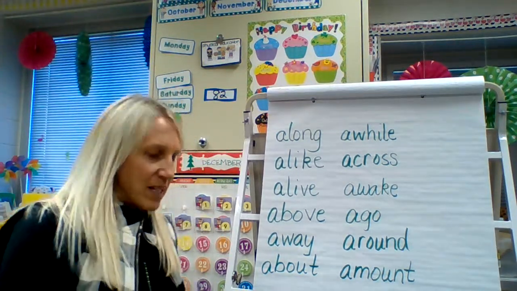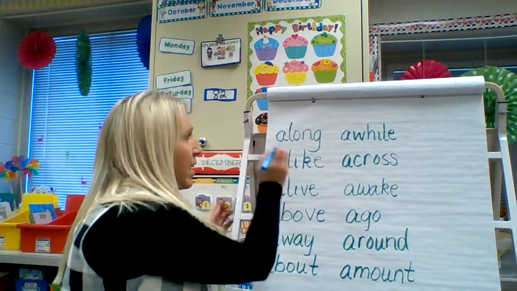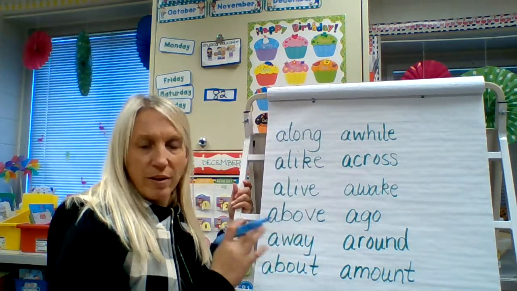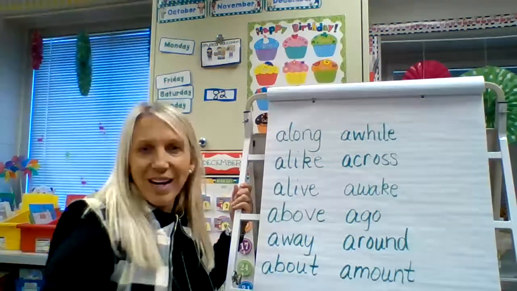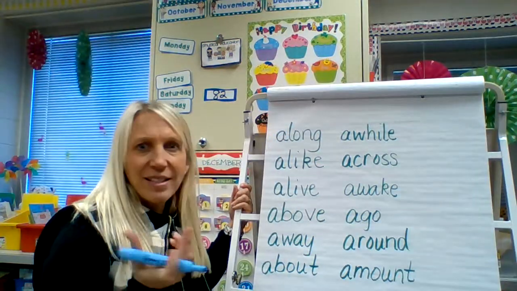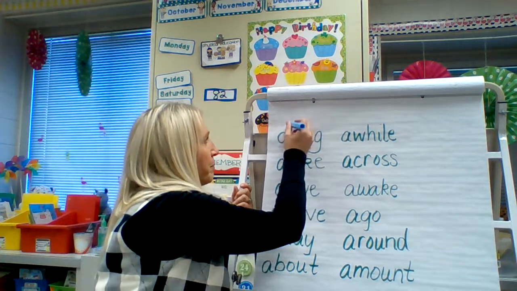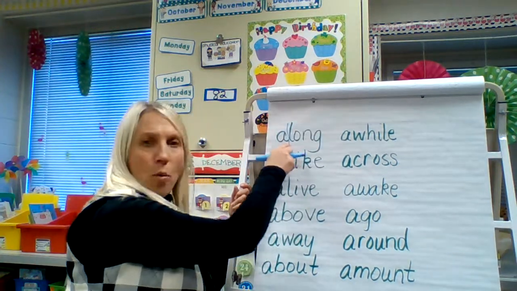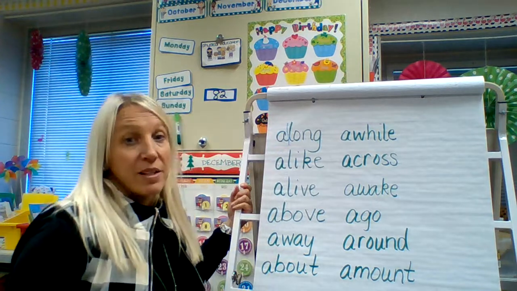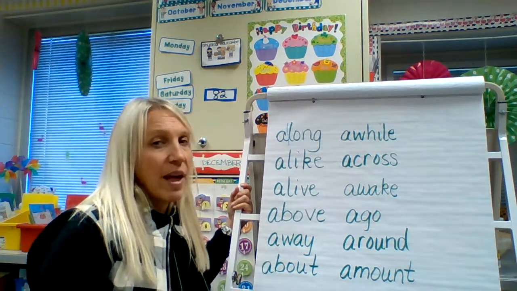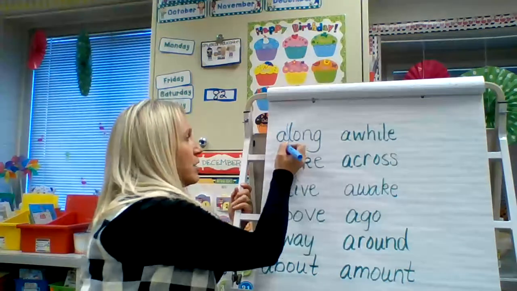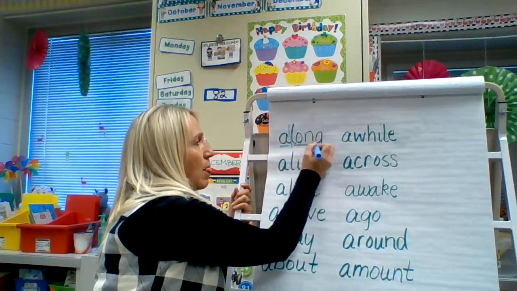We haven't even really talked about how to divide those, but we can look at it and we see 2 vowels, so it tells us there's going to be 2 syllables. It's usually when we have an A at the beginning like that, it's going to be a syllable all by itself. And it's an open syllable. So normally we would say an open syllable would say A, but we just learned that it usually says uh. So our word is along.